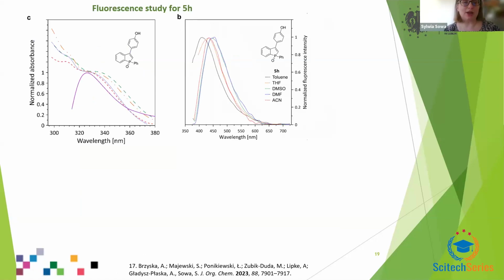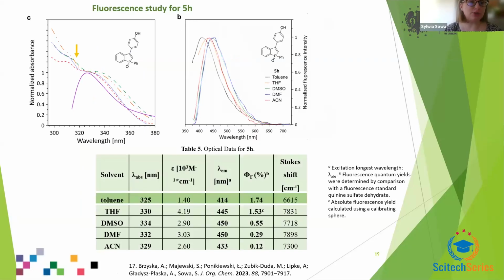When we go to hydroxyphenyl benzophosphole oxide, we can see that the absorption spectra is more structured, especially in polar solvents. In toluene, we also have only one emission band. When we go to the fluorescence study,